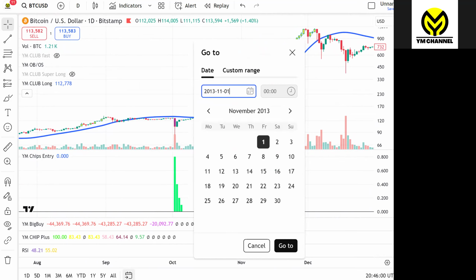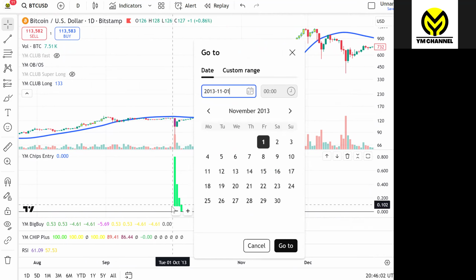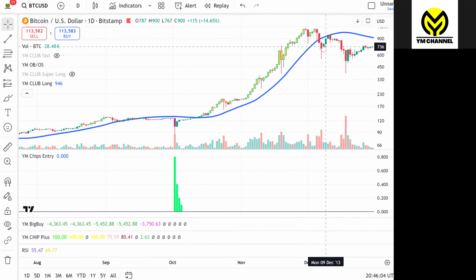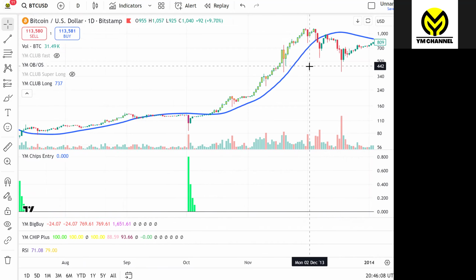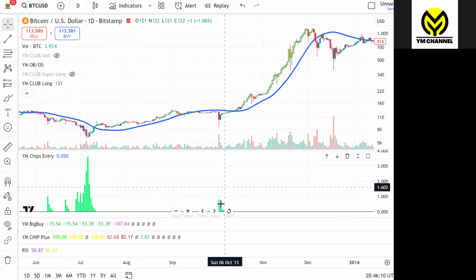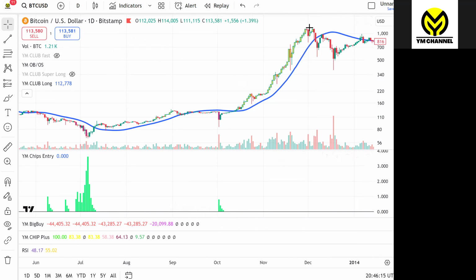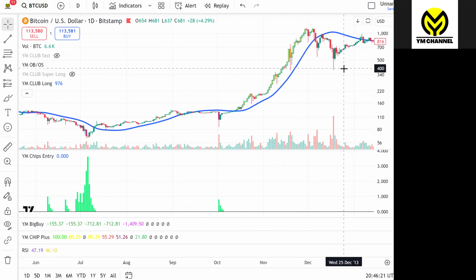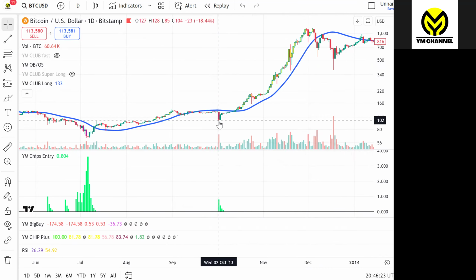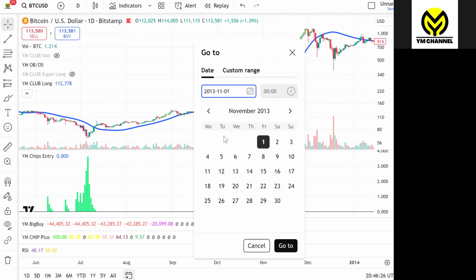So this is the first cycle, just before the last bull run. Basically, they flash this candle, institution coming in, in October. And then in December, they start to drop. Okay? In October. And then the next cycle,